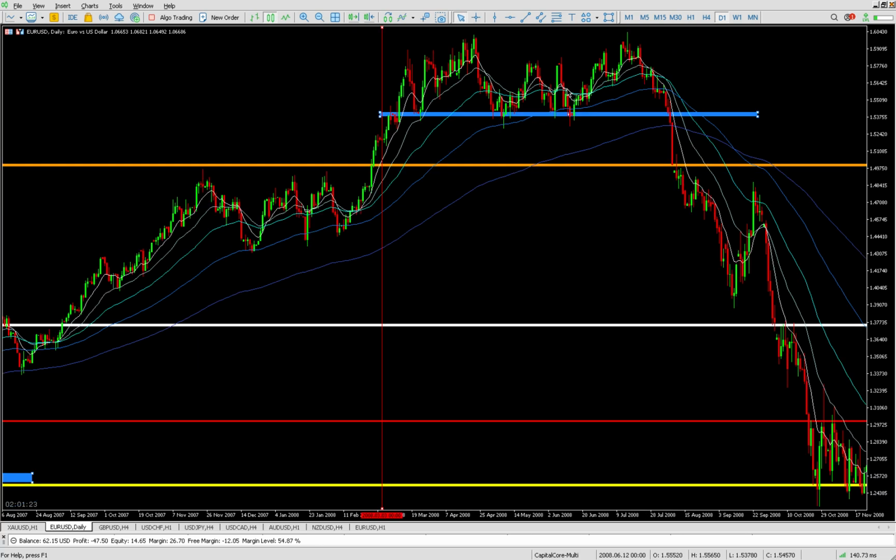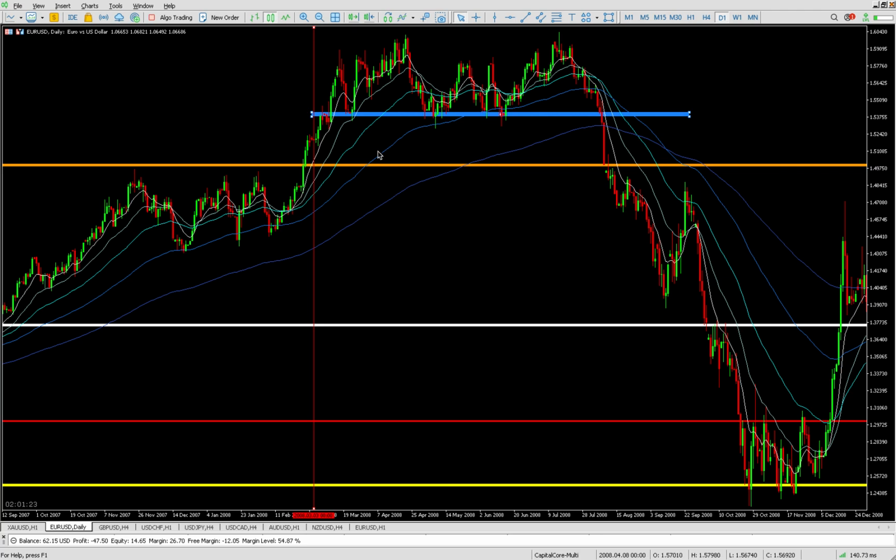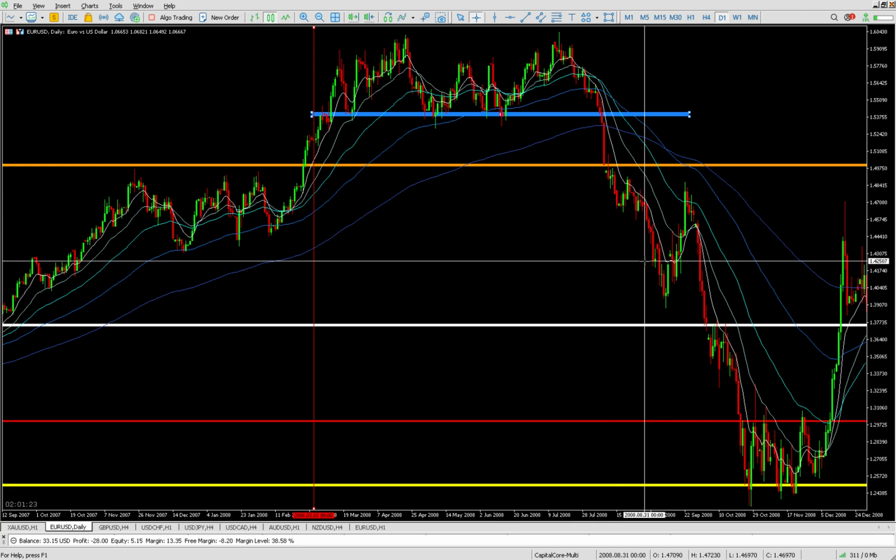So what happened was, it broke this structure here. So how to trade this, that'd be a whole video in and of itself. But the point is that once it broke this structure here by coming down here, okay, so now